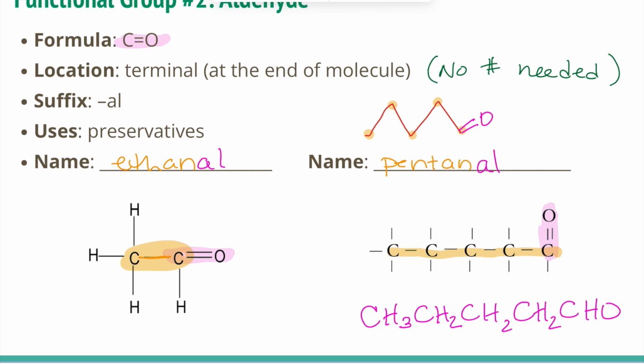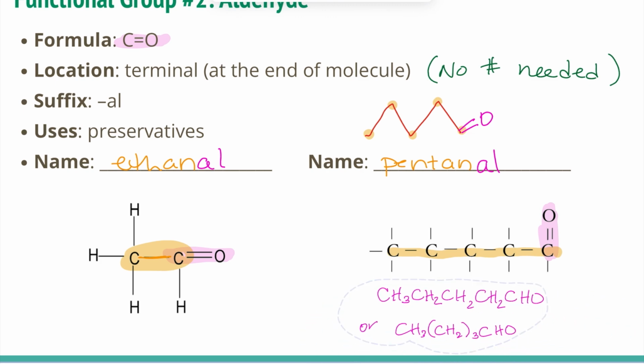That shows this carbon, the one hydrogen on it, and then that double bonded oxygen. And we could also take this and say CH3, we have CH2 1, 2, 3 times, and then that CHO as well. So either of these two would be good for your